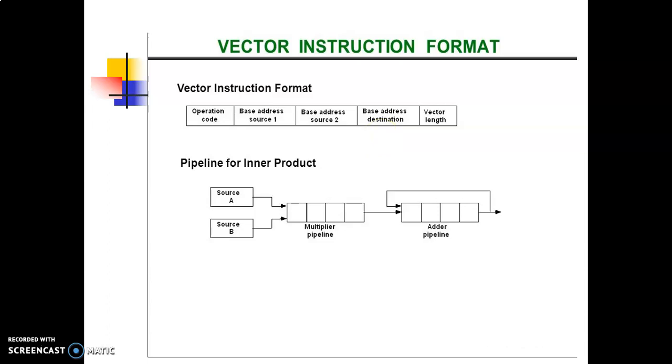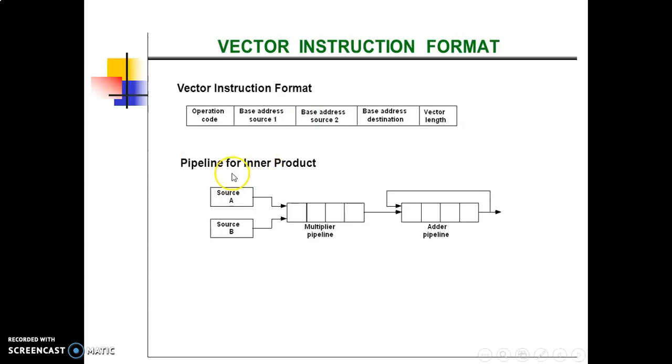This assumes that the vector operands reside in memory. It's also possible to design the processor with a large number of registers and store all operands in registers prior to the addition operation. So this is an example of the vector instruction format.